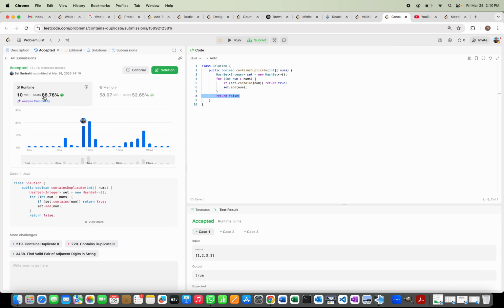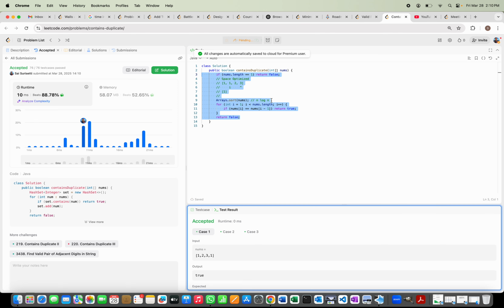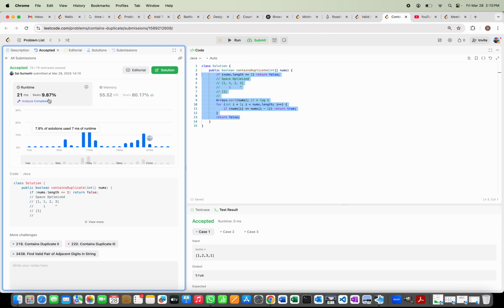So the runtime is really faster than the previous one. I think for the previous one it was... Let's check. It was slower, but the memory was it beats 80%, so